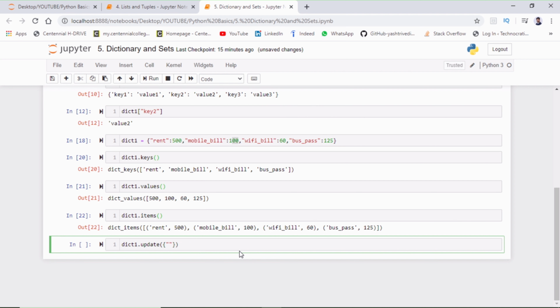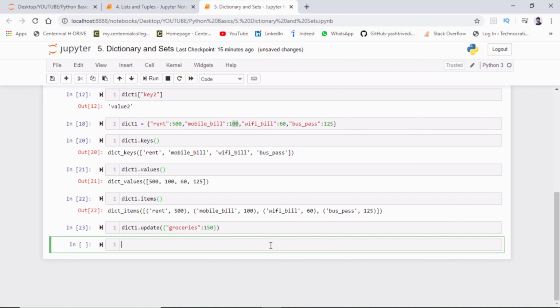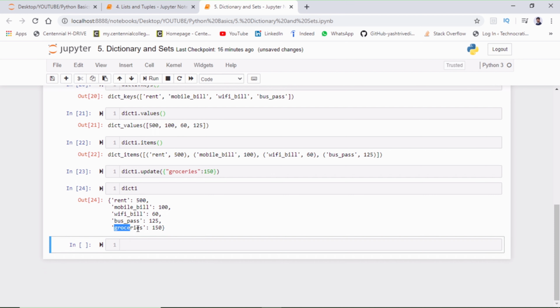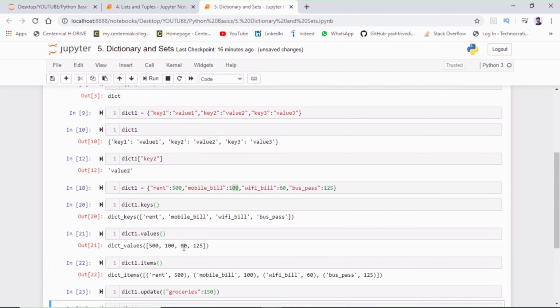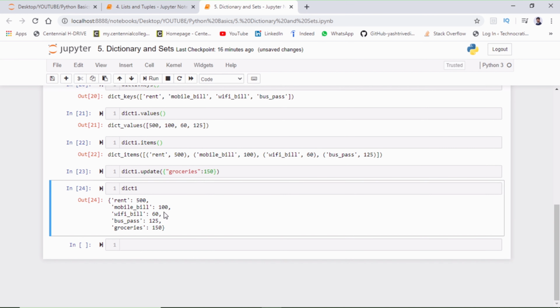So for example, other expenses, and for that other expenses I'm spending 100. Okay, so instead of other we can take groceries. So for groceries I'm paying again 150 per month. So if I run this one and let's check out our dictionary, as we can see here, groceries has been added. So this is how we can add any element.